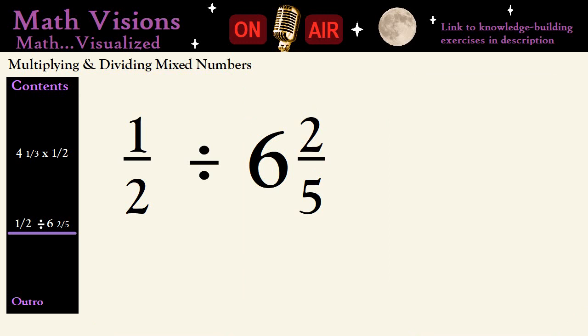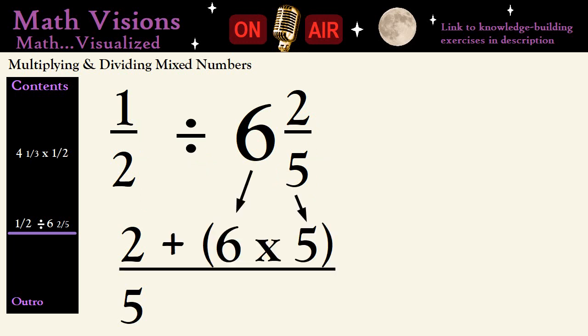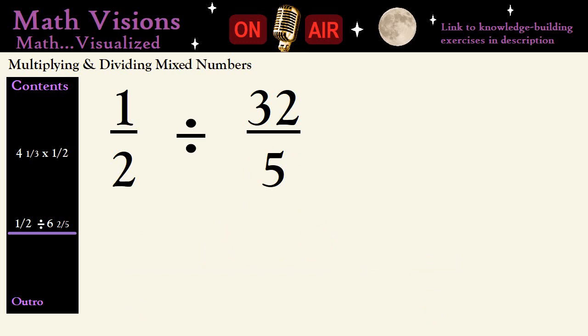Well, we start by converting our mixed number to an improper fraction like before, by writing the fraction portion 2/5 by itself. Then we add the numerator to the product of the whole number portion and the denominator, 6 and 5. This gives us 32/5. But since we're dividing, we have to change the division symbol to multiplication and invert our improper fraction to read